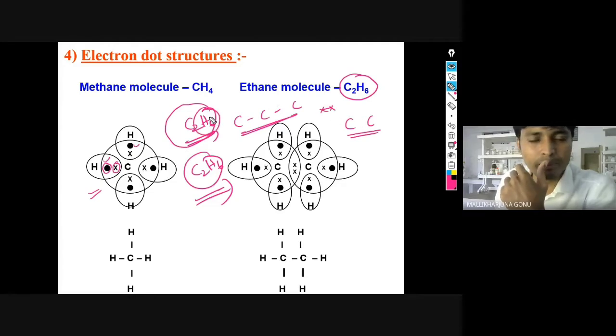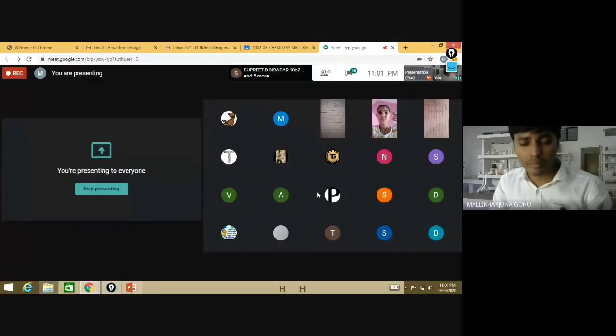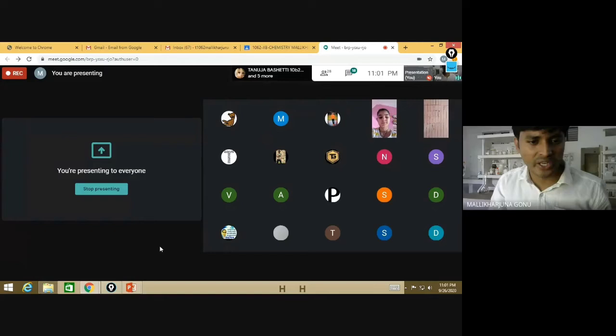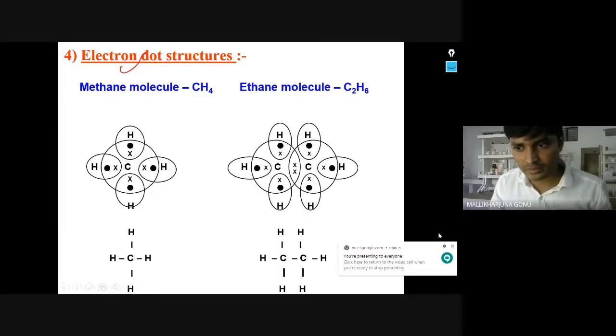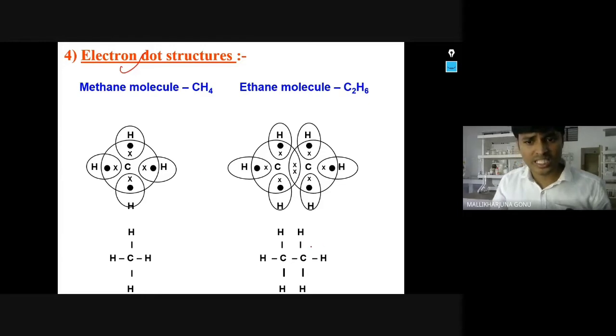So you have to adjust symmetrically whatever the 6 hydrogens are there. If 6 are there, then 3 you give to one carbon, 3 to the other carbon. If 4 are there, 2 you give to one carbon, 2 to the other carbon. So carbon can form bonds with another carbon. That property is called catenation. Millions of compounds will form, and all of that we will discuss. All of you on your camera, once again we will go back to this presentation and discuss. So this is how the structure of C2H6 will be.